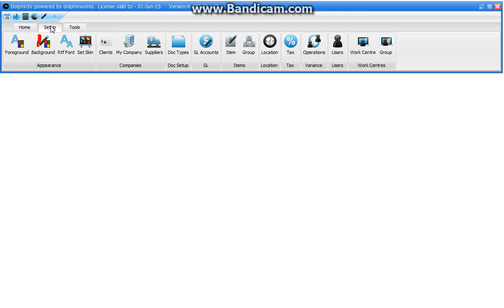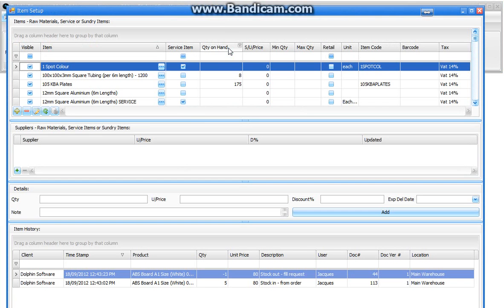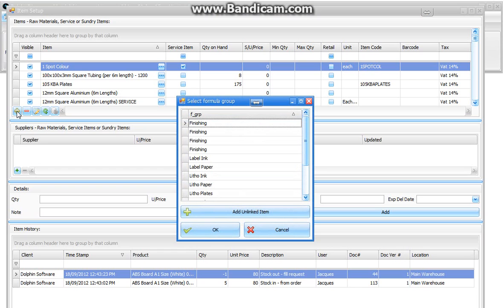How we create new sundry or stock items in Dolphin is achieved as follows. From the Dolphin main form, open the Setup tab at the top of the screen and select the Items button to open up our item setup screen. From this screen, we would go to the plus button below the listed items and click on that button, which